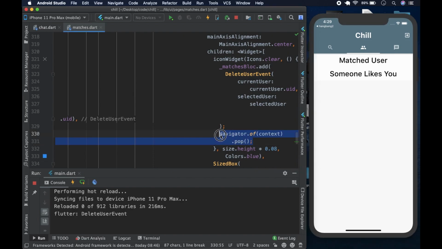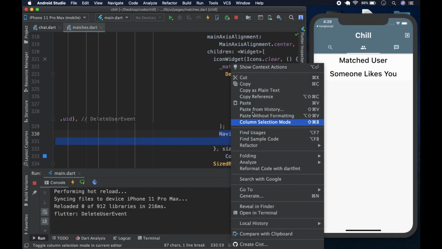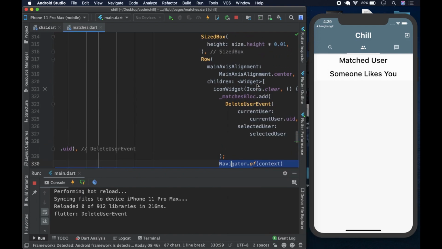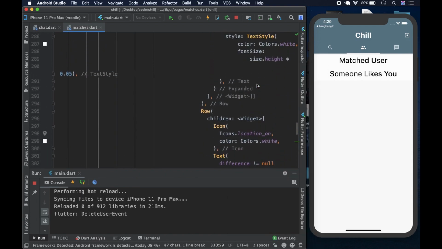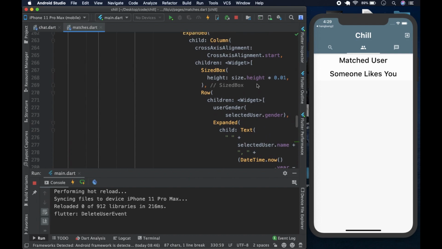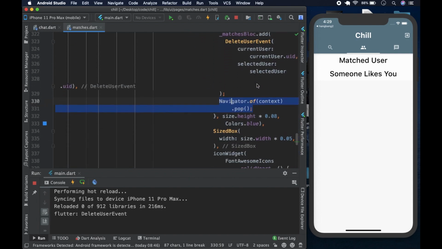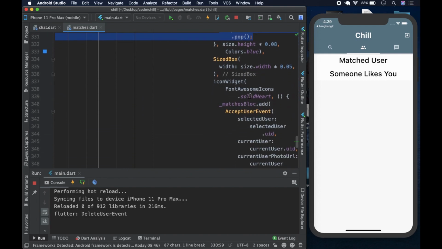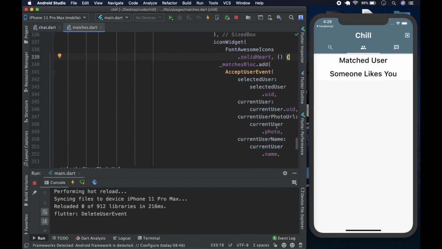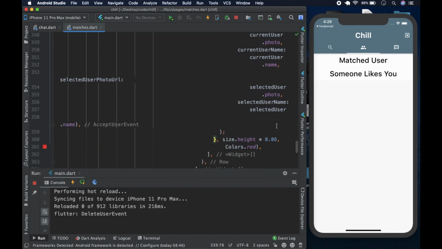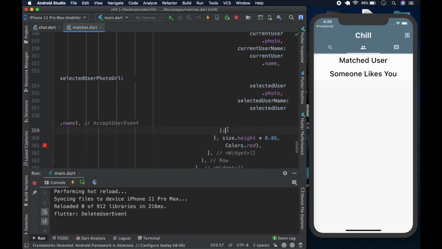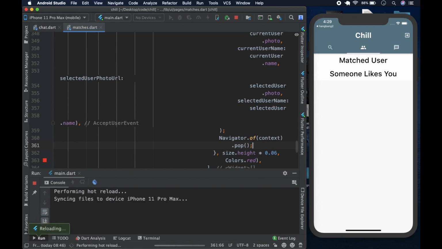So let's do the same for when you heart them, when you like them, when you hit the heart. Is the heart above or below this? Not sure. No, it's below, because the distance is normally above it. So we could copy the solid heart. So we come to the end of this. In the solid heart, where does that function end? So we come here and we could do the same, Navigator.of. I'm not going to test this, but I'm sure if you test this, it will work. Yeah, basically, if we do that, it will work.